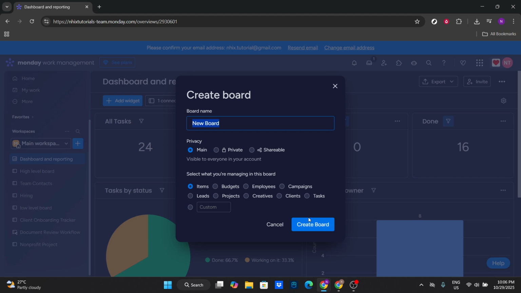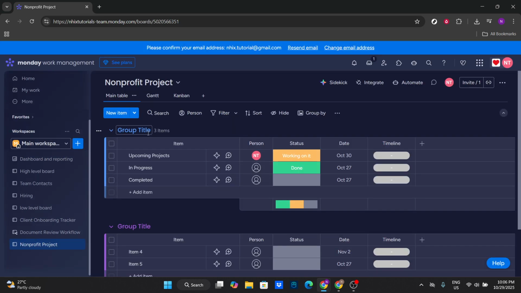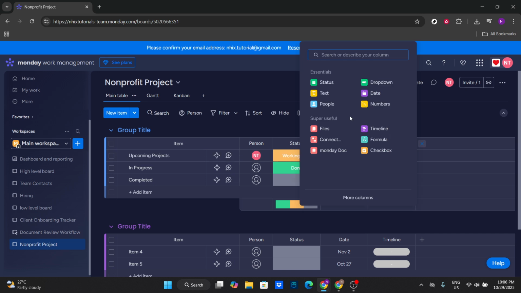Once your groups are in place, it's time to add some columns for tracking different aspects of your projects. To do this, click on Add Columns and choose the ones that best fit your needs. Columns can be customized for dates, person responsible, status updates, and more, providing a thorough overview of each project component. After setting up your groups and columns, let's explore how you can visualize your projects better with different